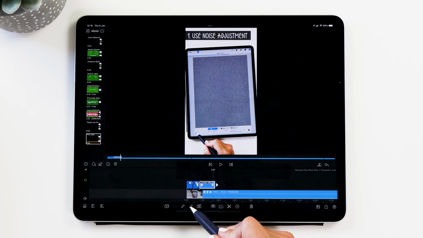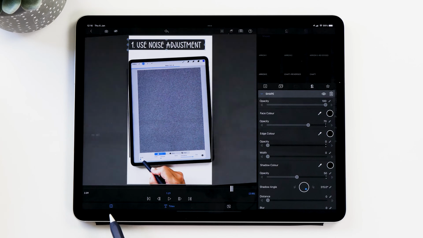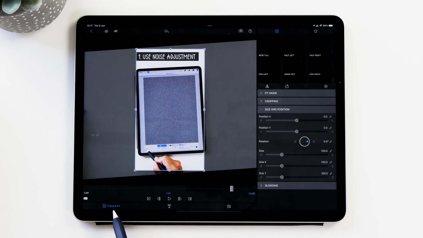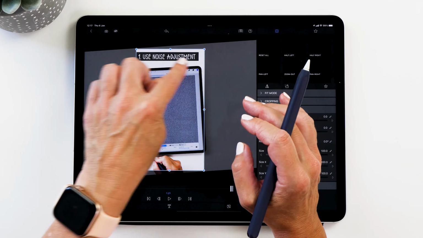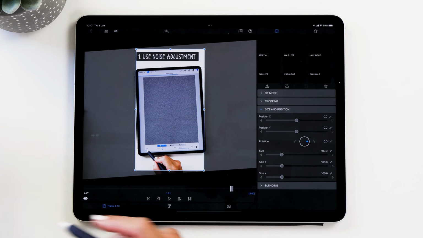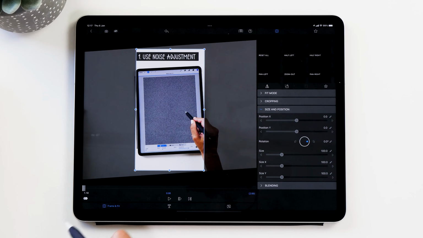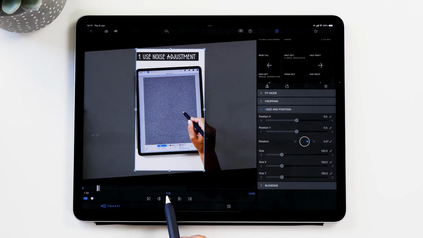So we're going to go back to our edit menu, and we're going back to the frame and fit setting here. And so now what we need to do is add some keyframes. So we can tell the application when we want to bring in our label and when we want to move it again. The important keyframes we want to add is right at the beginning, and then after 0.05 seconds, you want the second one. I find this to be a really good time frame for the animation, but of course this is up to you. If you want a slightly slower transition, then you can increase this.